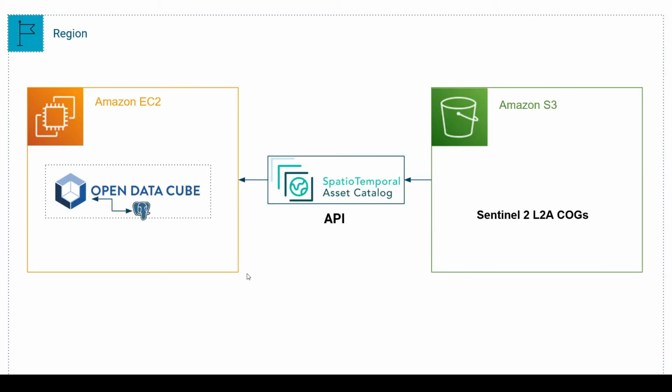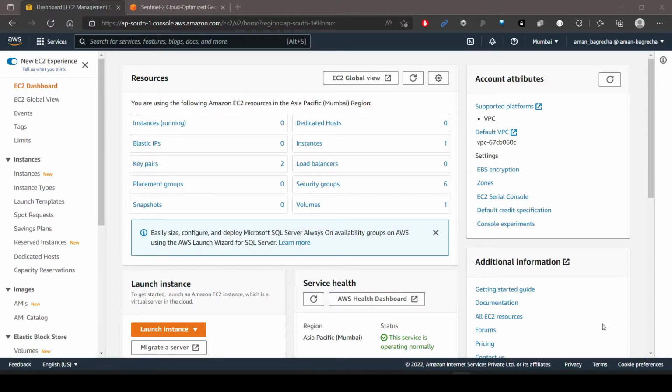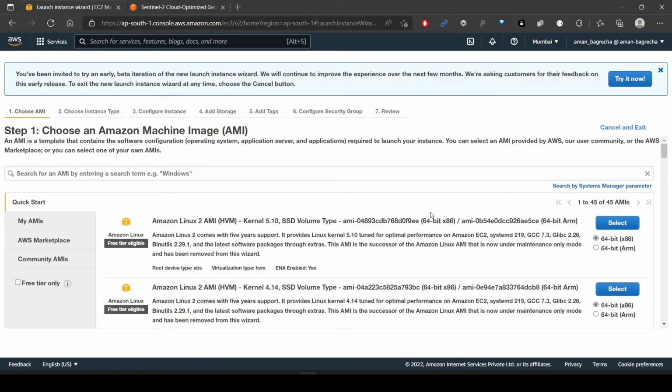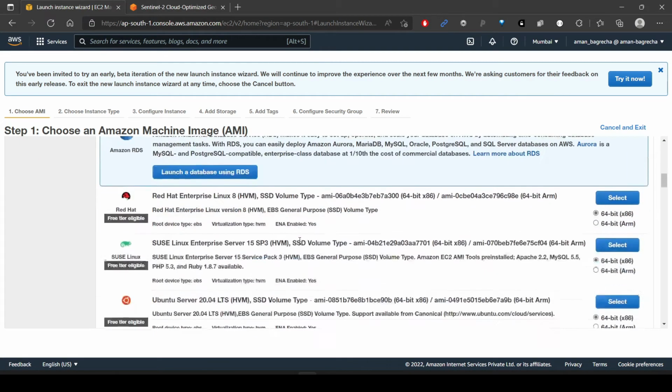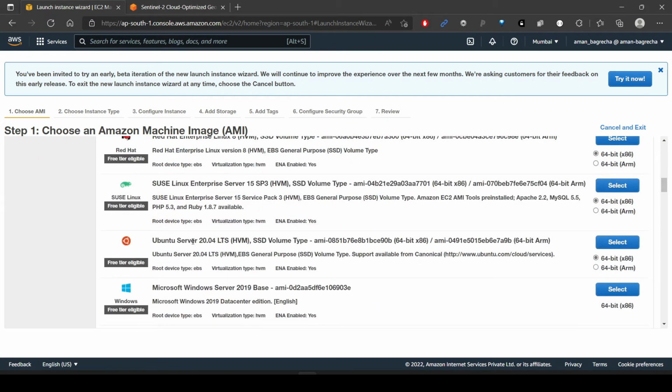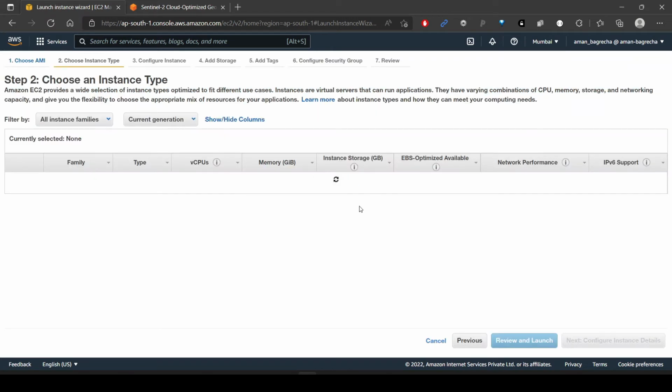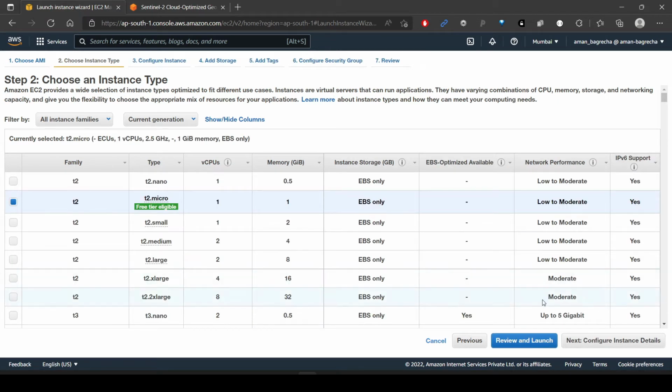Now we can go ahead and set up EC2. So I'm on my EC2 dashboard. Let us go ahead and launch an instance. We will be choosing Ubuntu 22.04, which is under the free tier limit, and this will be sufficient for setting up the initial database. You can scale up later, but I think this will be fine.